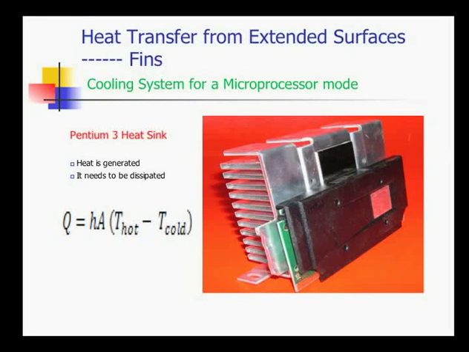Now we go to man-made. This represents a cooling system for a microprocessor. This microprocessor, when it operates, generates heat. We have to dissipate it, we have to lose it, otherwise it will stop functioning. Again, T hot and T cold are constant, H is constant. The only way we can increase Q is by adding those fins to increase the surface area,